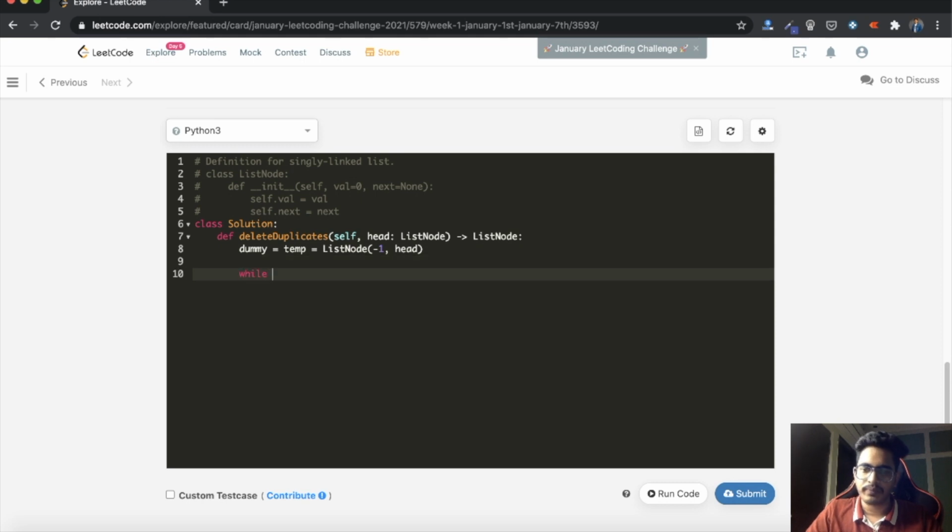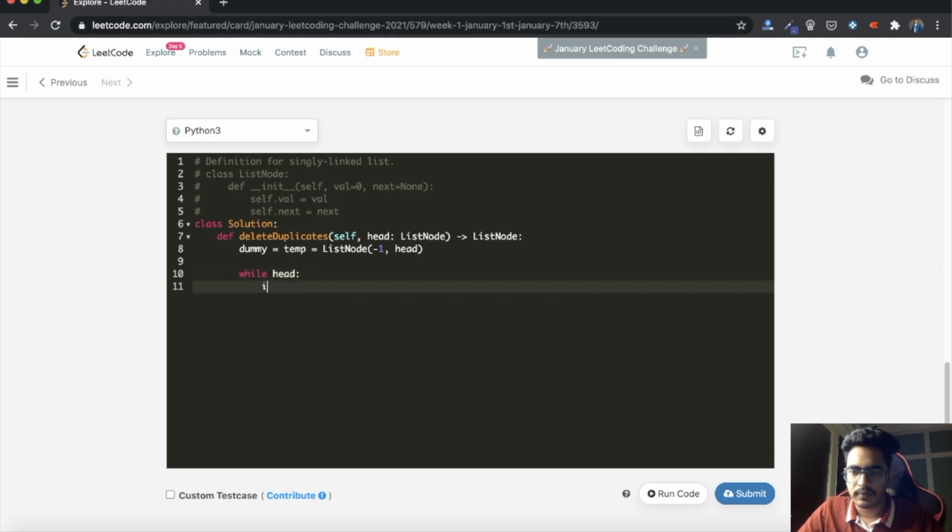While head is not null, if head.next and head.val is equal to head.next.val, then the next value is a duplicate of this value.